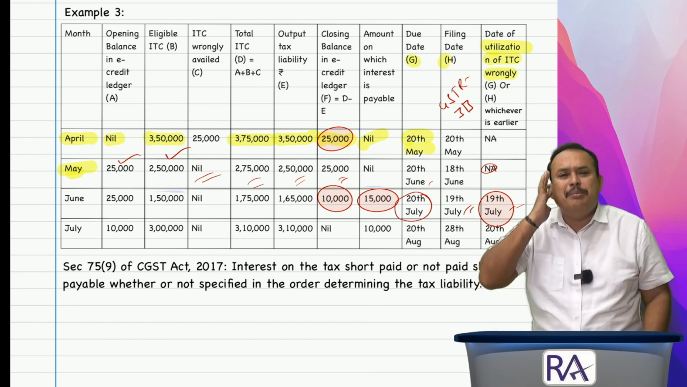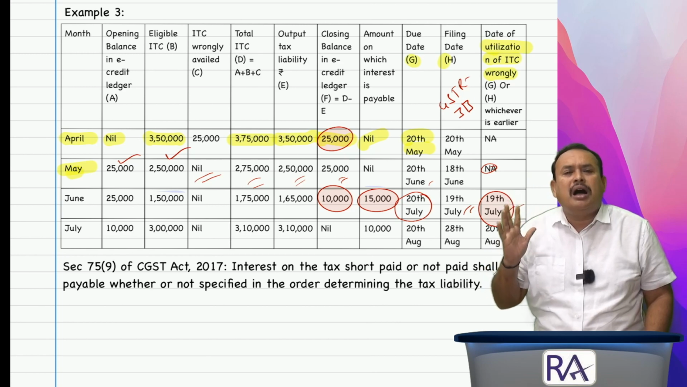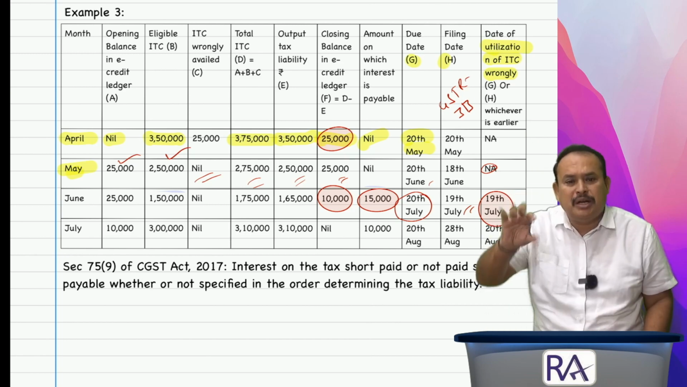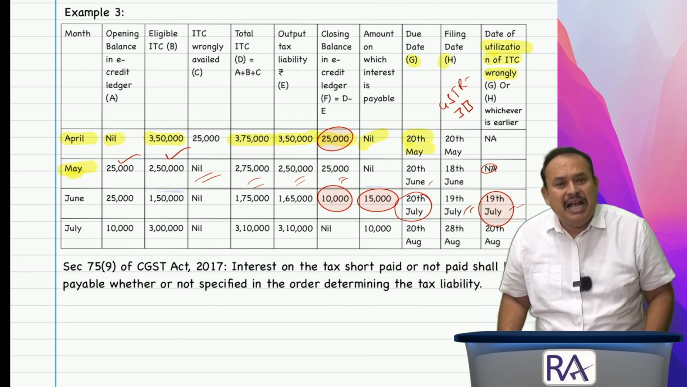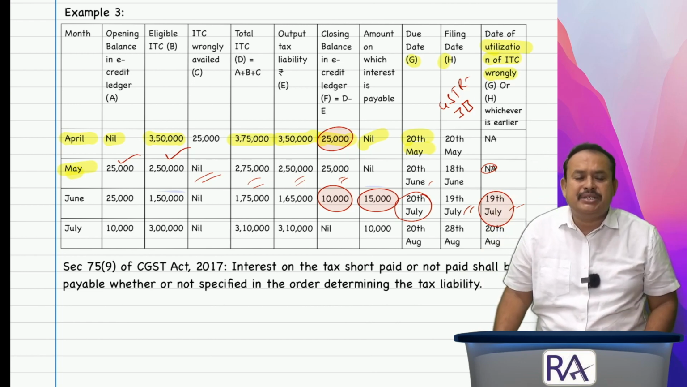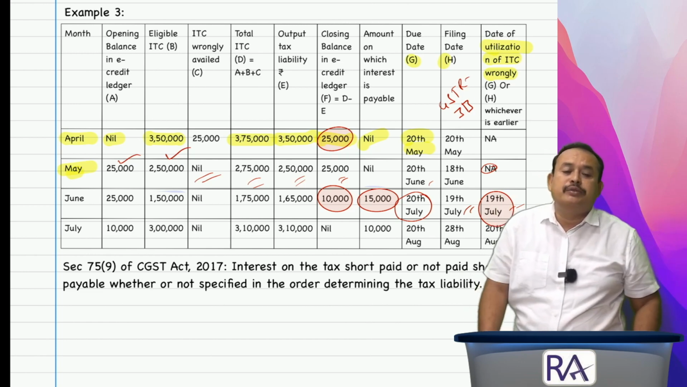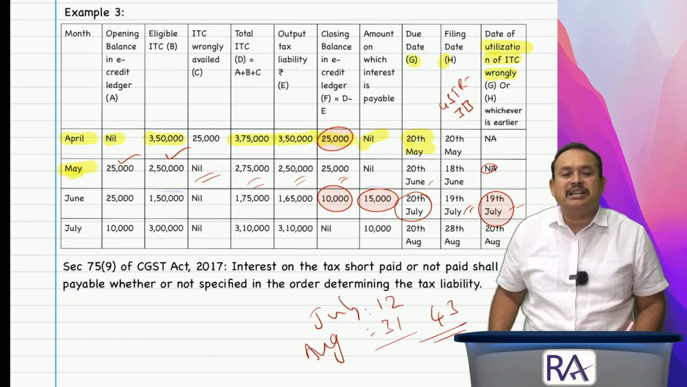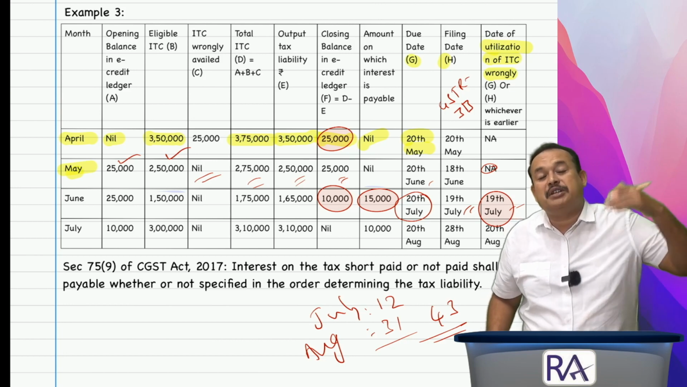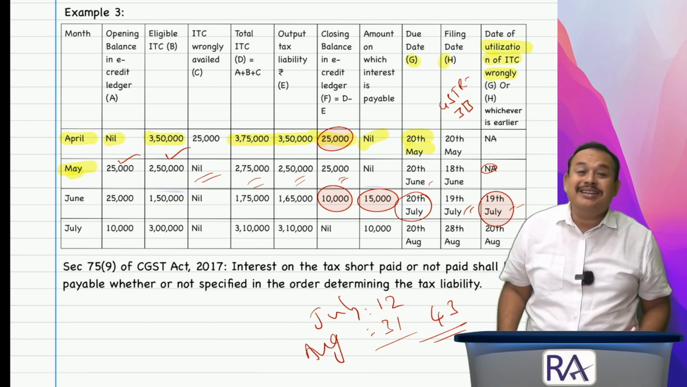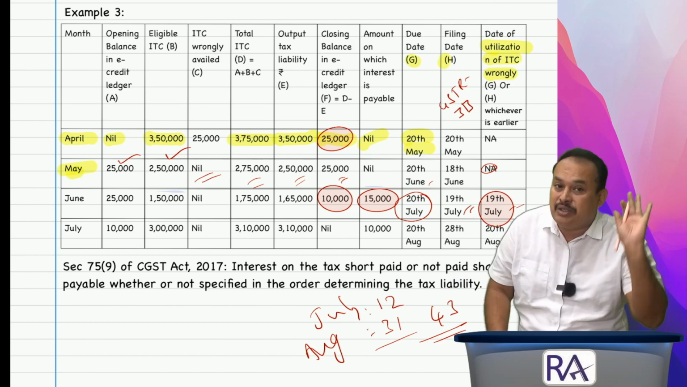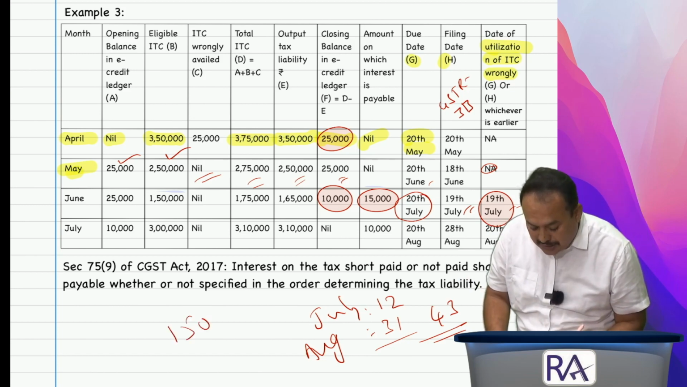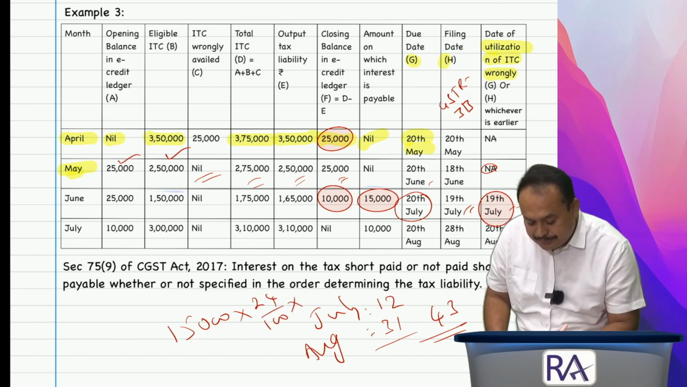For example, I made the payment on 31st of August. This amount wrongly utilized, 15,000, has been returned back to the department. In that case, the count is reckoned from 20th of July. For 43 days, you have to pay interest at the rate of 24% per annum, if you pay by 31st of August. What is the amount wrongly utilized? Not the entire 25,000. It is only 15,000. 15,000 into 24%,